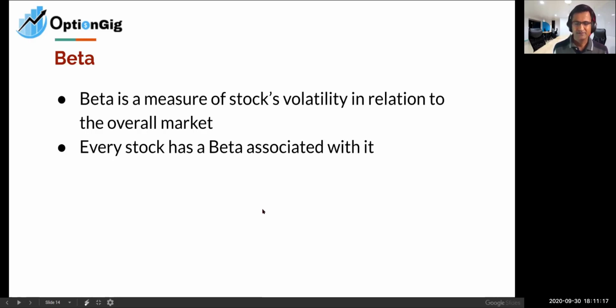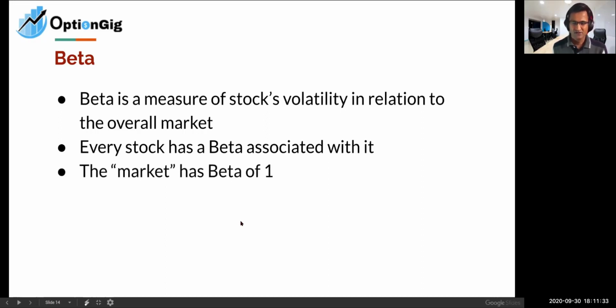If you go to their website, you will see that they have a term called beta, which will tell us how volatile it is. And based on that, I can decide if I want to pick that stock and have it in my portfolio or not. So normally the market has a beta of 1. And when I talk about market, you might have a question, what is this market? Market is overall,